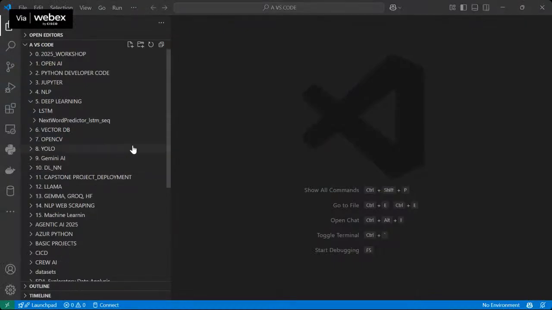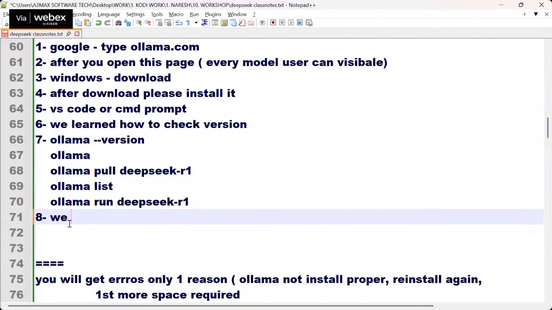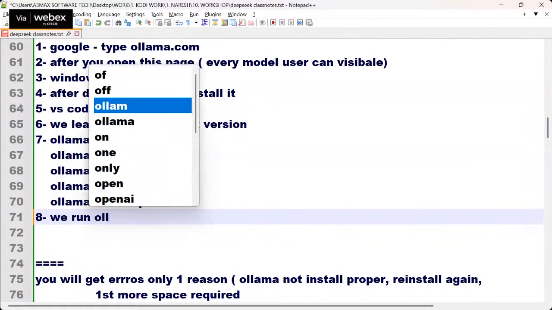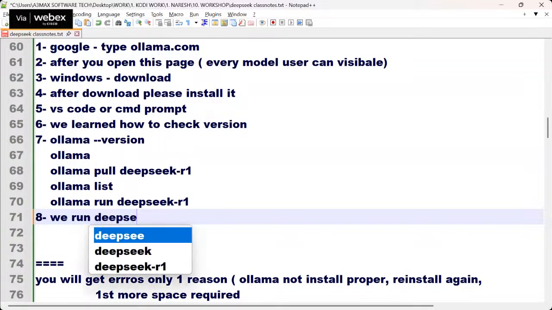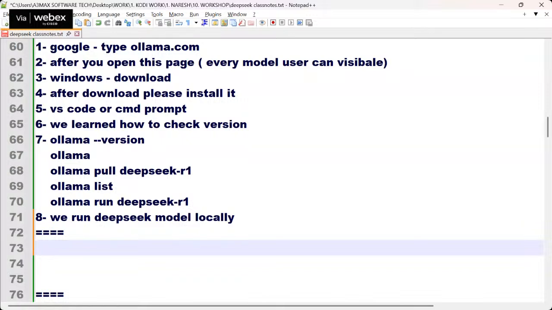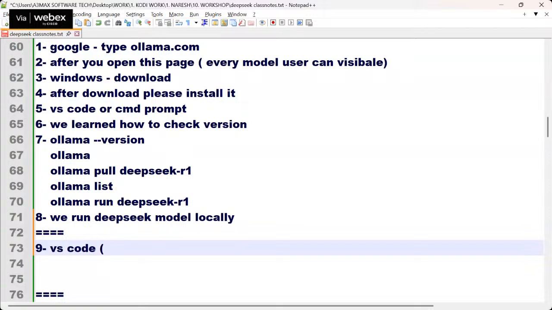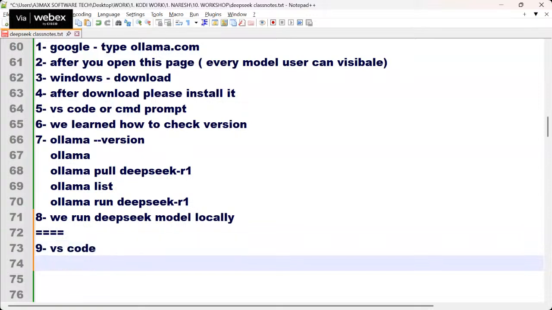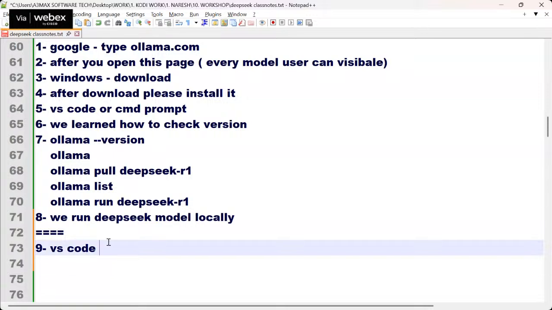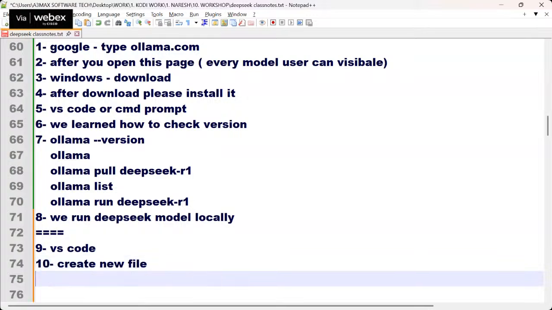All right, guys, we'll try to write a code now. Let's do these things. So we run the DeepSeek model locally. Good. Let's go to the another projects. Ninth, everyone open VS Code. The students who know how to open VS Code can work with it, because I would select this as the best platform. And tenth, create a new file.